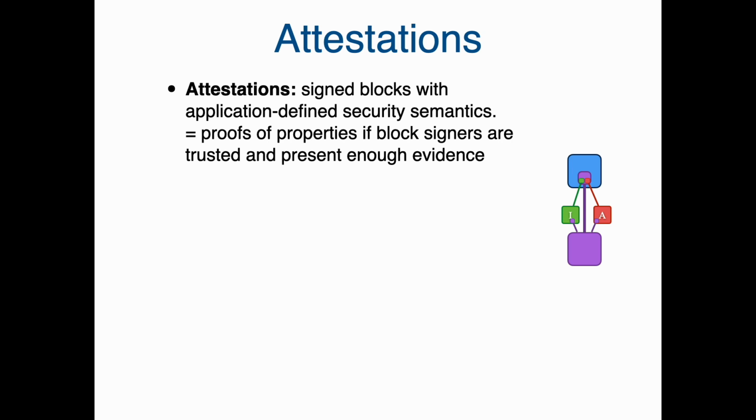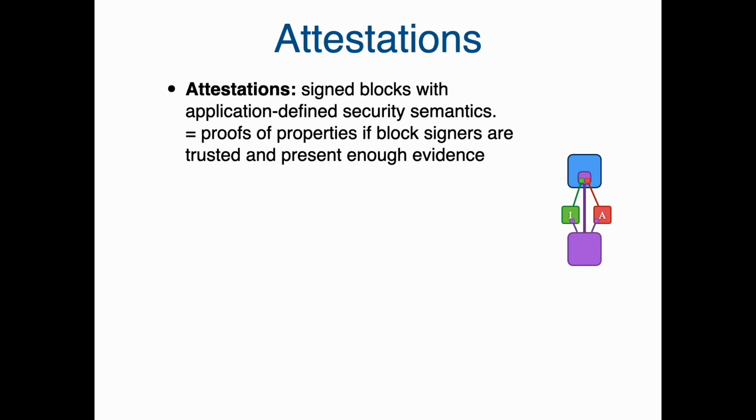So the way that we think about these is that attestations may be signed. They may also include extra evidence that comes from various parties. And actually, if you look at existing distributed data structures, including blockchains, you can view the things that are put into those data structures as different forms of attestations already. And what we're trying to do here is kind of tease that out as a separate abstraction. So attestations you can think of as proofs of properties that may hold water for a given observer.